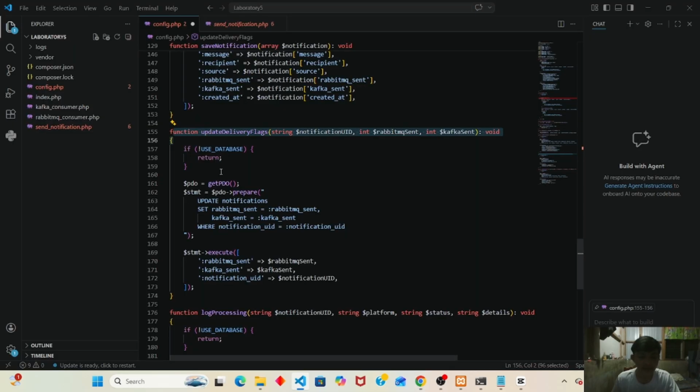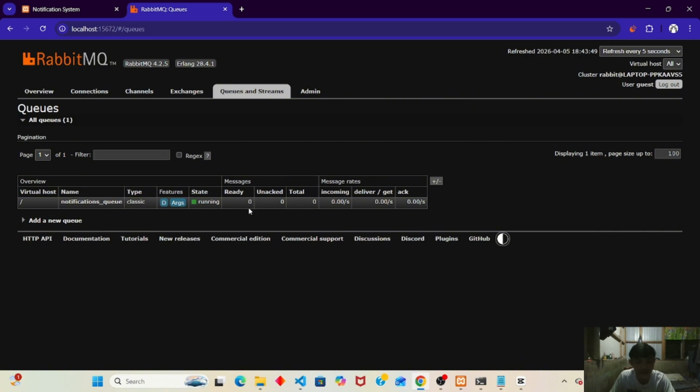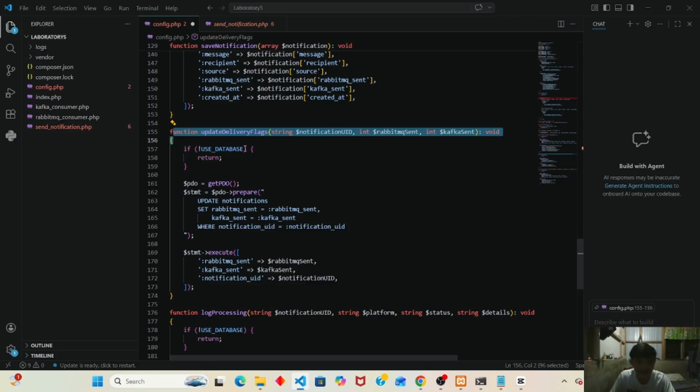So that's the function of update delivery flags. So it tracks if messages were delivered to the system. So if it is delivered, it will go here. What I showed you earlier, like 1, 2. Yes, delivered, like that.